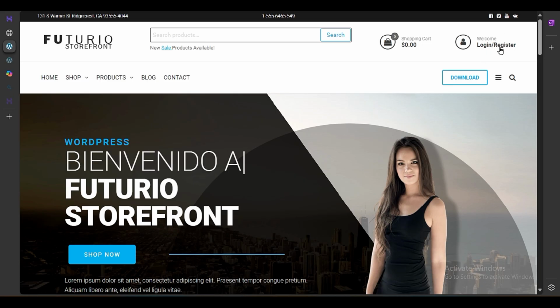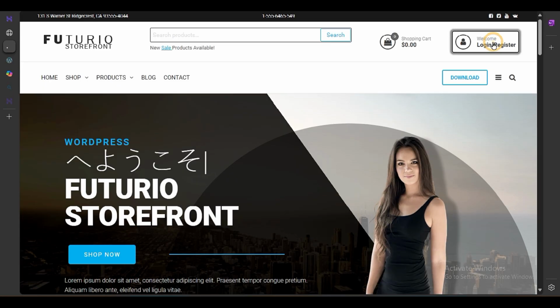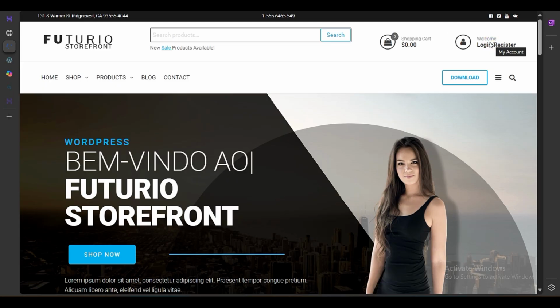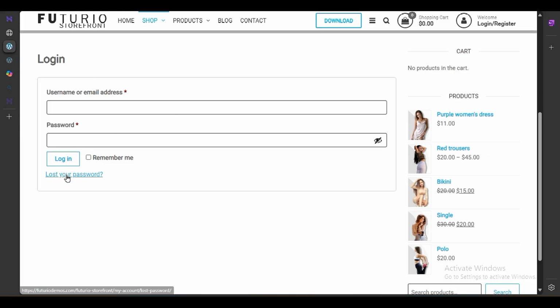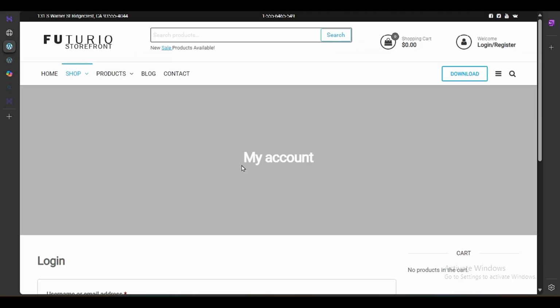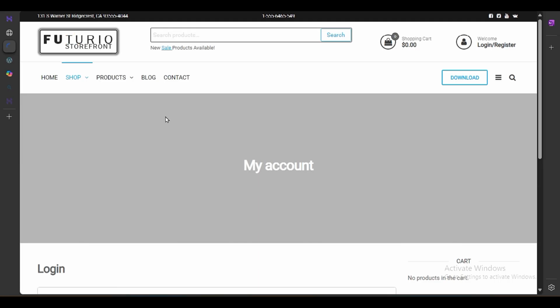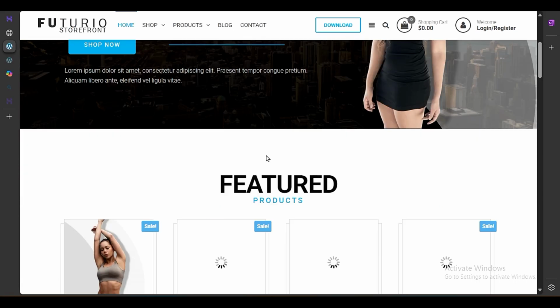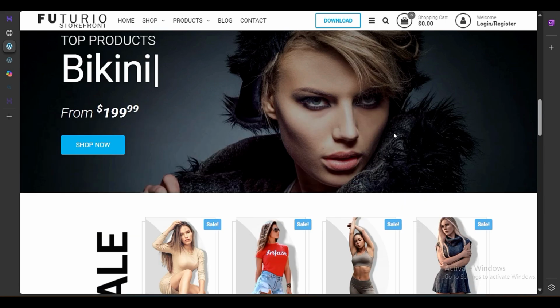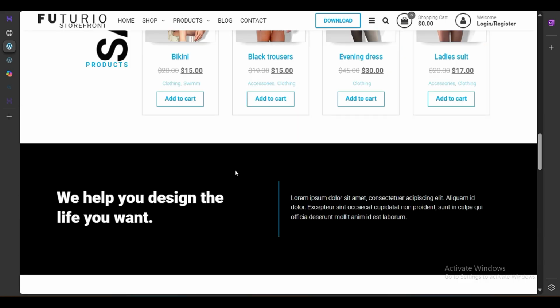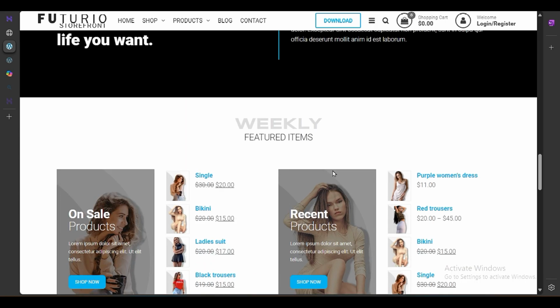So if we look at the header section, we have a login and register option. Let's click on it. Okay, it's great. They have to click on login. If we click on the home page, go back to the home page, we will be able to see the sliders here. We definitely can change these things later on. And this is an animated theme,